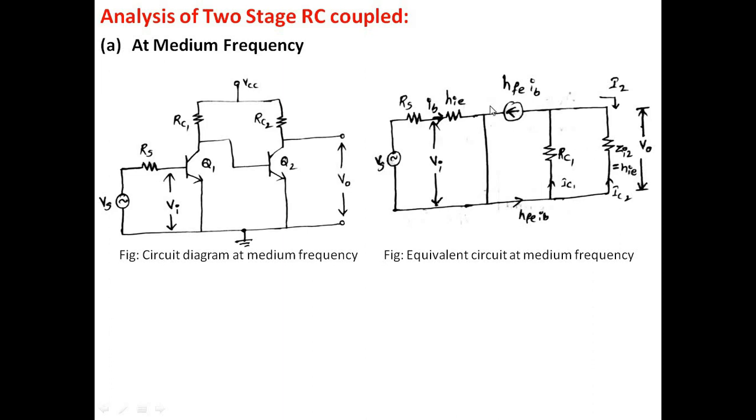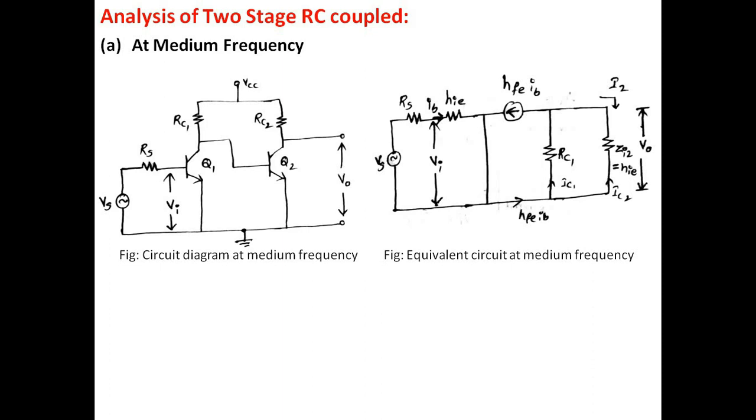Now see this circuit, this is the current flowing through, because it is a current source or a current generator. This is HFE into IB, and this collector current is going to be split across RC1 and HIE. Let us call it IC1 and IC2. IC is equal to IC1 plus IC2, and this I2 flows through the input impedance of transistor 2, and both IC2 and I2 are in opposite directions. So we can write I2 is equal to minus IC2. Let us go ahead with the discussion.